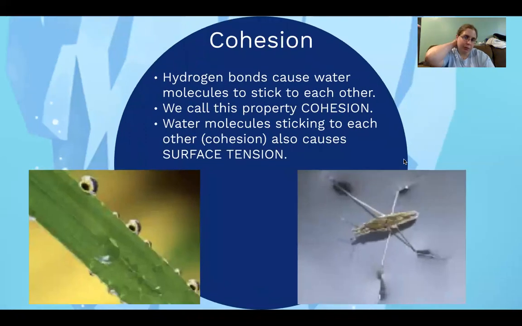So the first property we're going to discuss is cohesion. Now, cohesion is essentially when the hydrogen bonds between the water molecules cause them to stick together. As you can see with this picture here, the dew, how it makes these droplets. Now, it's not like the dew, which is just water that's condensed on the leaf,